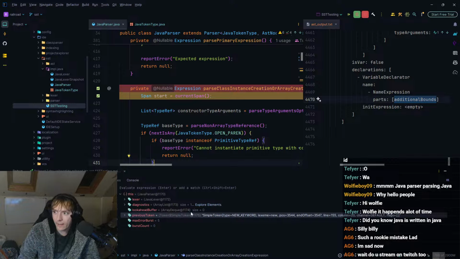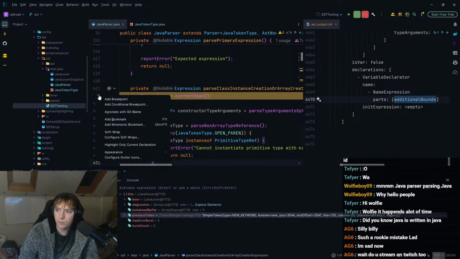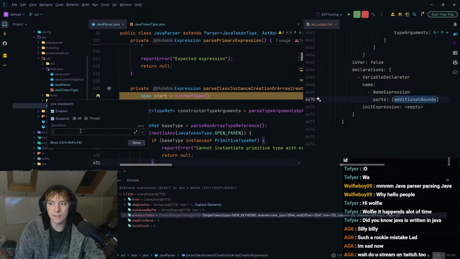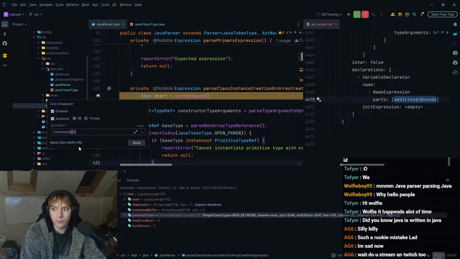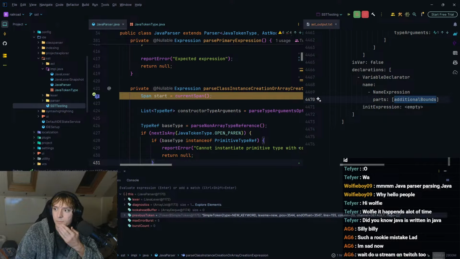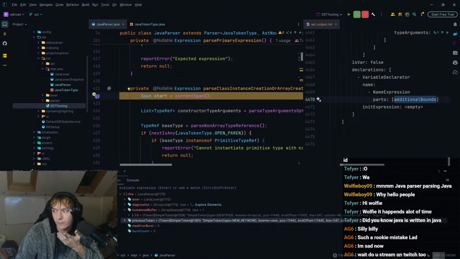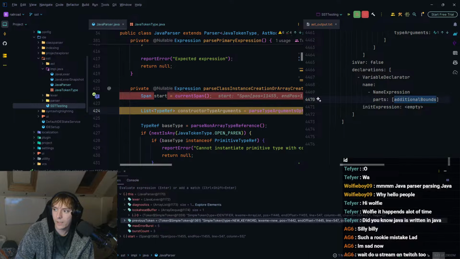We could do a look ahead, maybe. Yeah, that's probably the best way to do it. So if we add a breakpoint and we say look ahead 1 dot lexeme dot equals array list. Okay, and if I do that and then press play, we should find where we are basically. So in the look ahead is an array list. So let's go next.